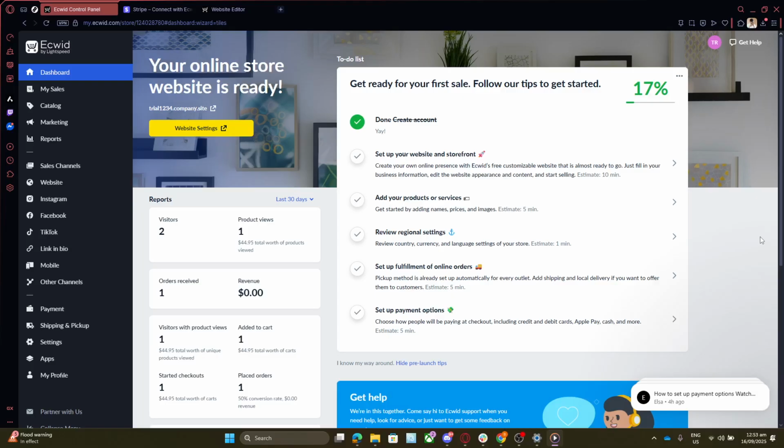First, we need to head over to the Ecwid control panel. This is your starting point for all things related to management and customization for your store. If you're not already logged in, make sure you do so. Once inside, you'll see a user-friendly interface that puts all the tools you need at your fingertips. Navigating through it, you'll find a range of options designed to help you tweak and perfect each aspect of your